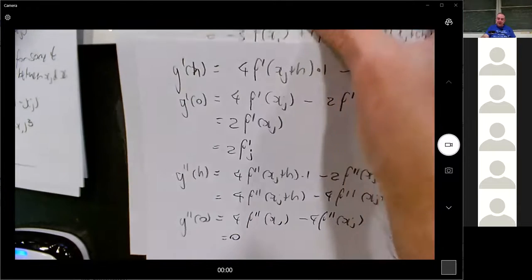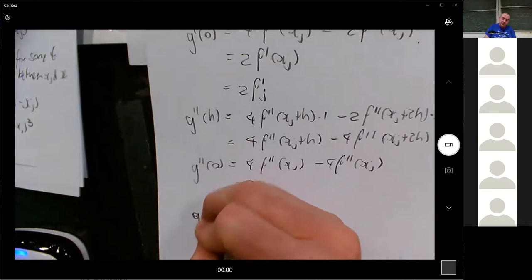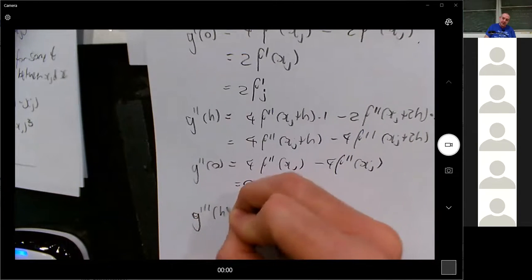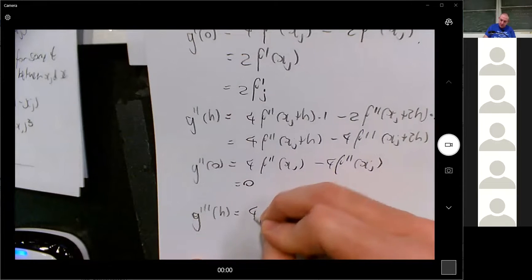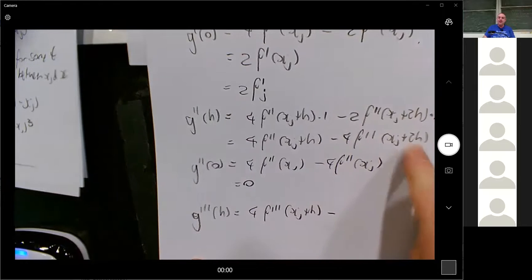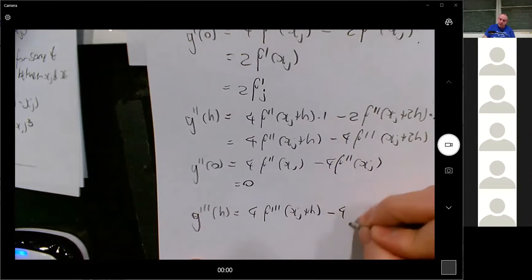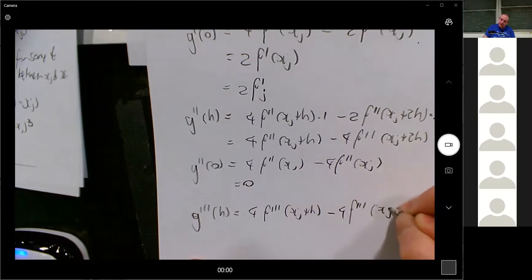And f triple dash, because that's in my formula as well. So g triple dashed of h is going to be 4f triple dashed of xj plus h minus, and then there's going to be another 2 that comes out of this one. So just to be completely explicit about it,